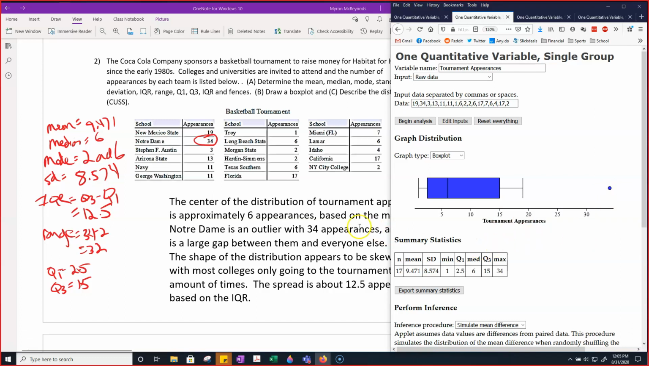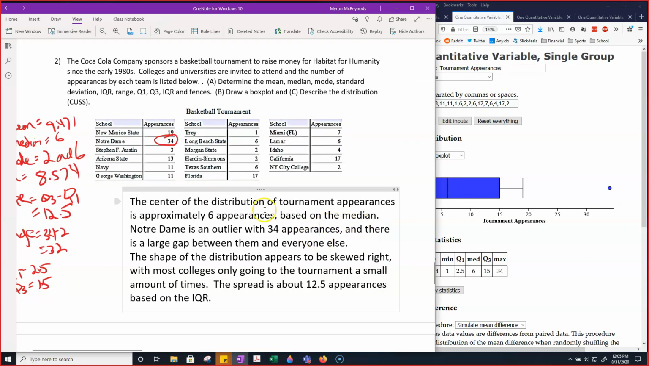All right, any questions on that? How to describe the graph? Everything else we had